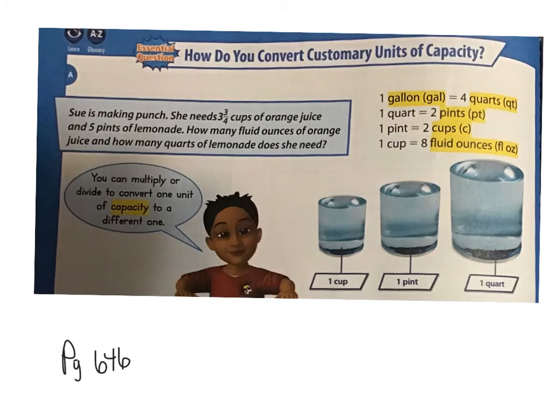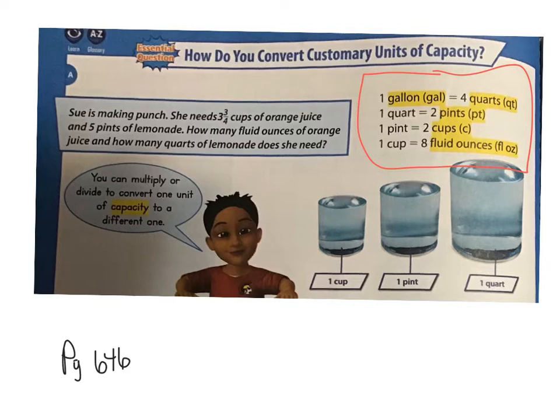So now we're going to talk about how to convert units, and this time we're talking about units of capacity. And these are things for how much volume something takes up instead of length. Now we're talking about volume. And the ones that you're probably used to seeing are things like this: a gallon, a quart, pints, cups, and